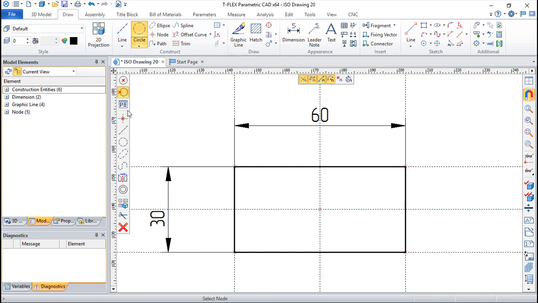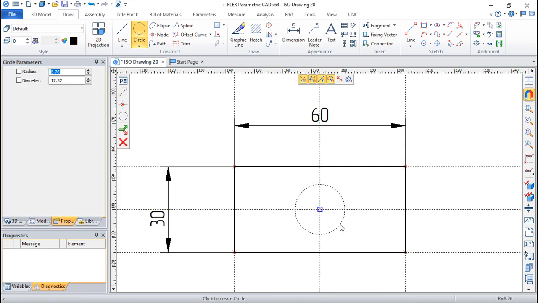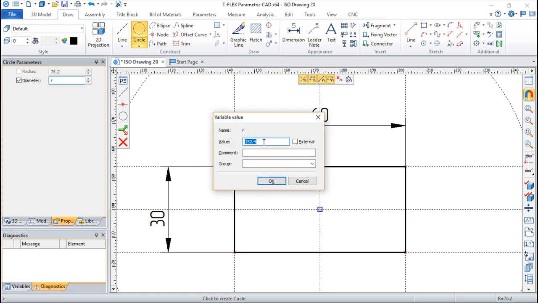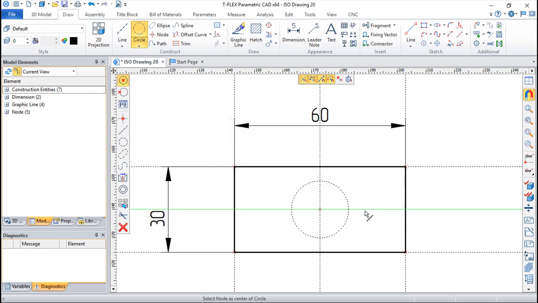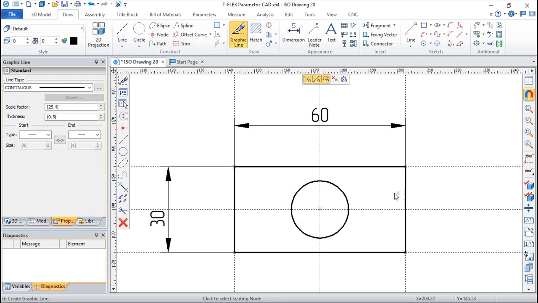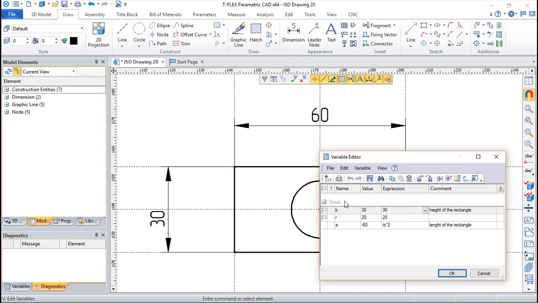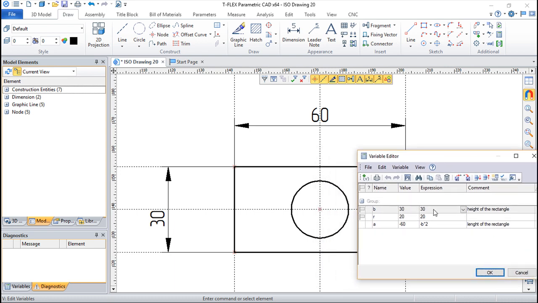Okay, not this one here. And I can also create a variable r, and I can say, for example, for now 20. I can create for sure a graphical line on top. And if I call again the variable editor, okay, I have the R that, as you know, we can